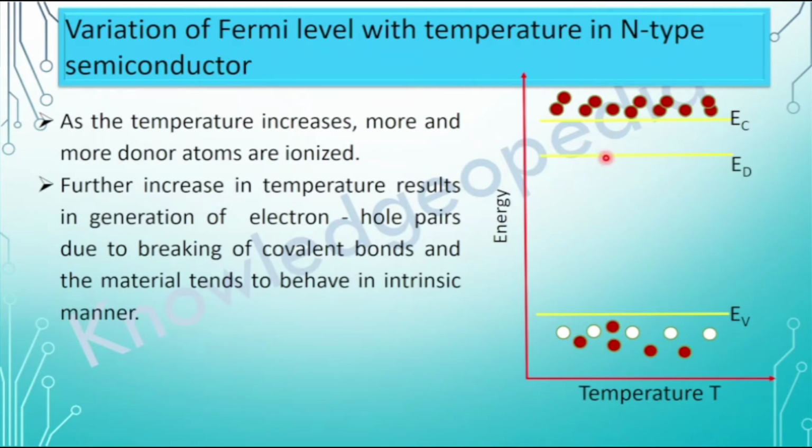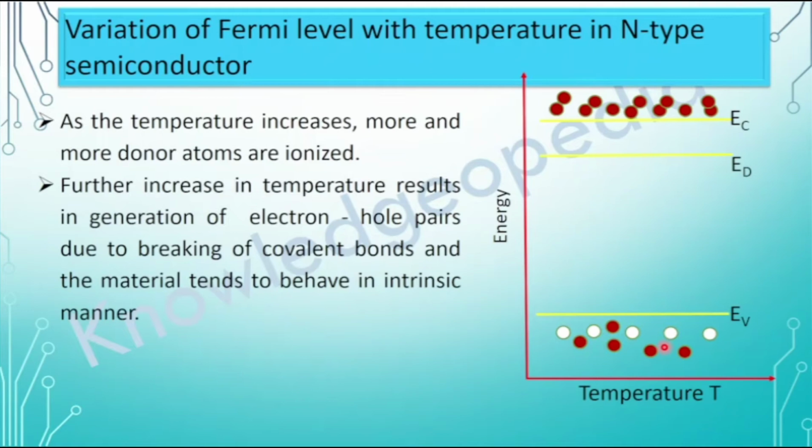The electrons moving from the valence band to the conduction band will increase in number slowly with increase in temperature, and a situation will arise where the number of electrons present in the conduction band is almost equal to the number of holes present in the valence band. At that time the material will start behaving like an intrinsic semiconductor. So if it is behaving like an intrinsic semiconductor, now we will see what will happen to the position of